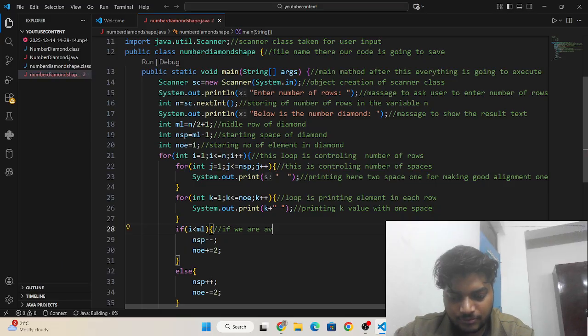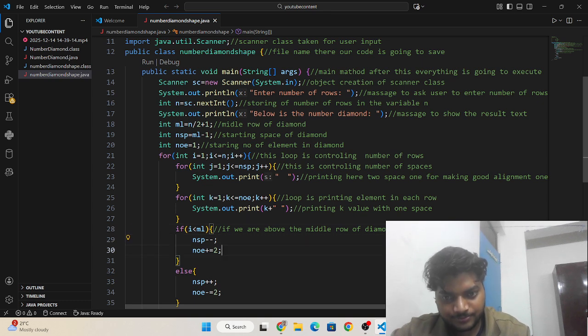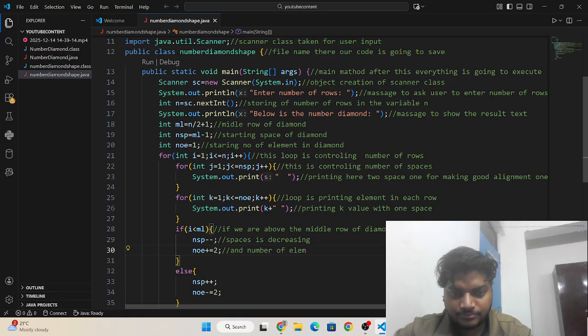If we are above the middle row of the diamond, then the spaces are decreasing and the number of elements is increasing.